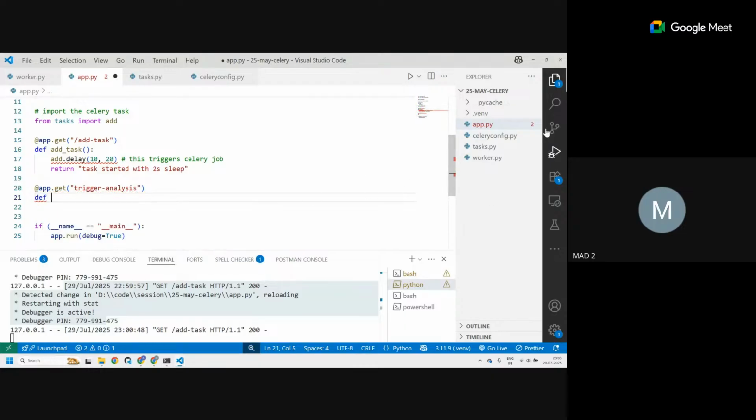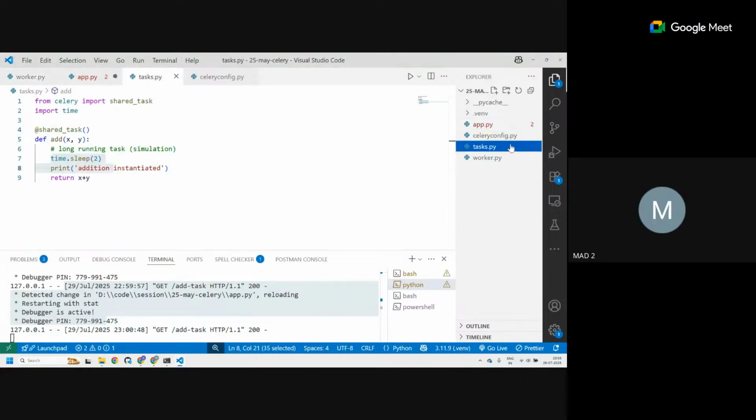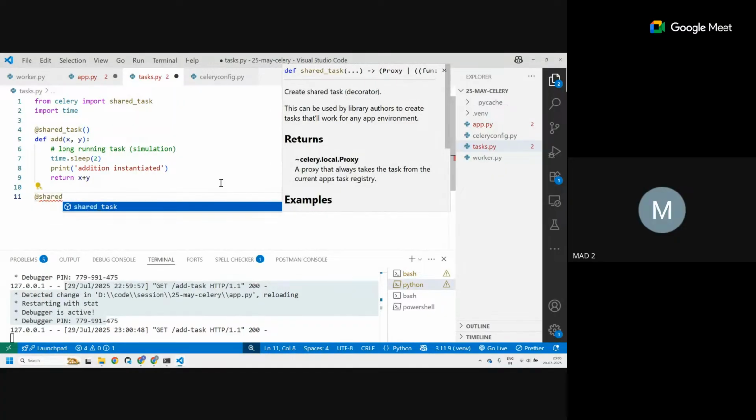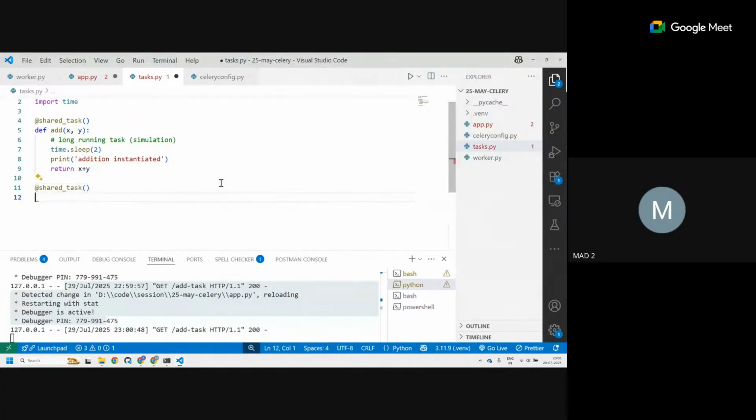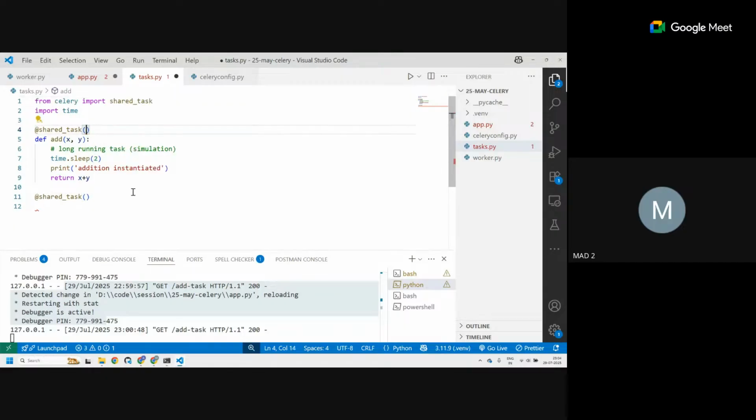I need to create a function for that also. Again, shared task is important. And this also takes some parameters. So you can mention if you don't need the result, you can mention that